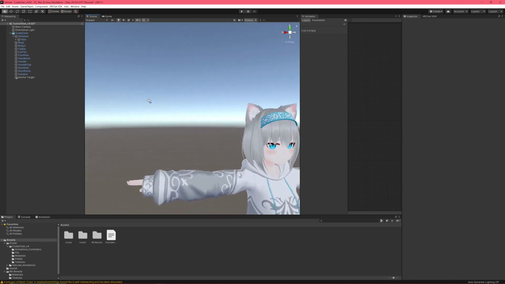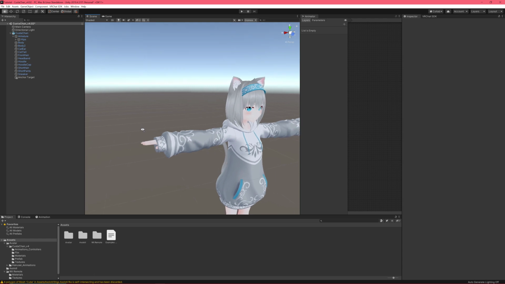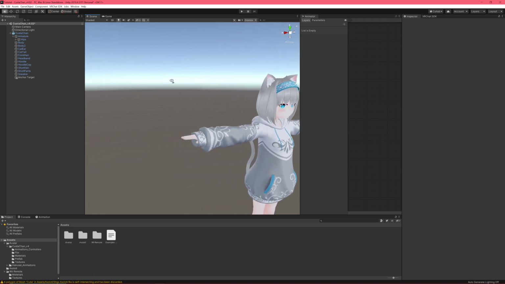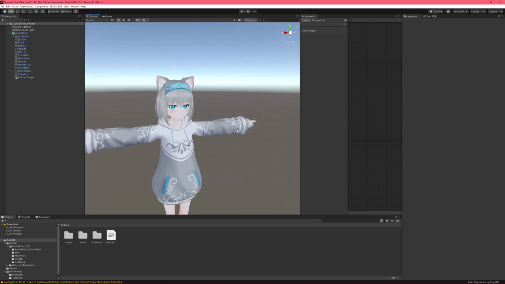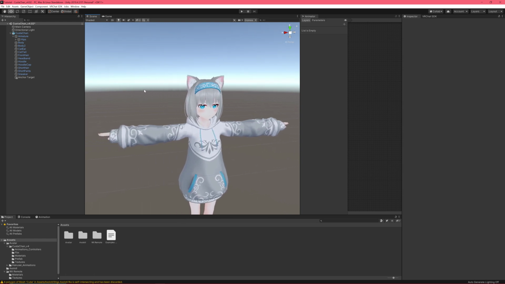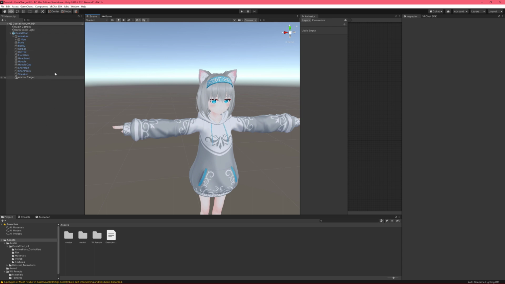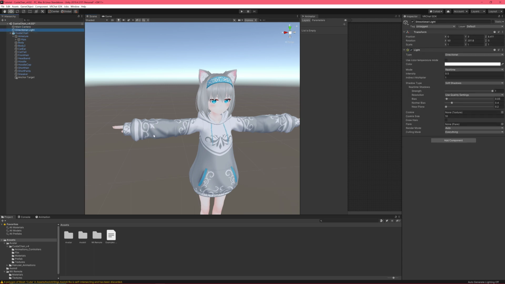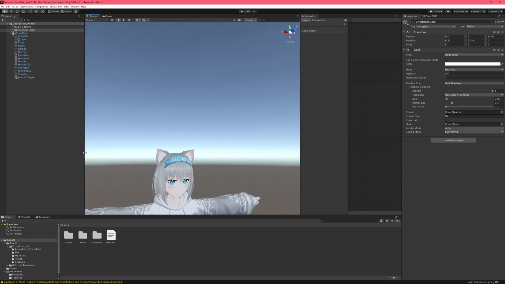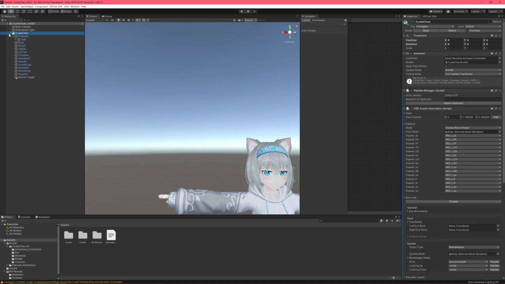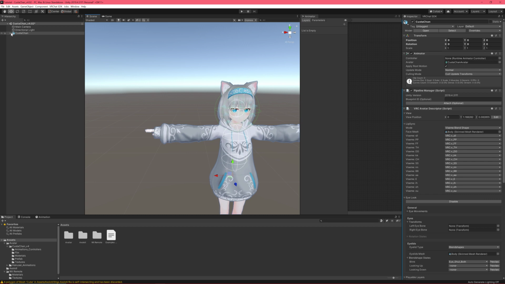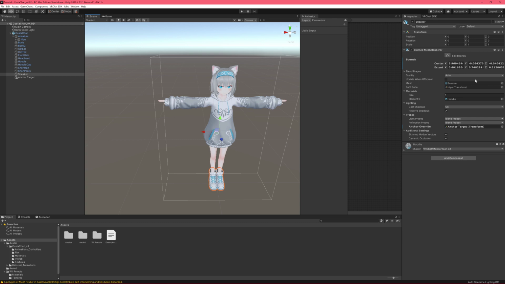So yeah, why don't we start? I guess I'll show, at least for people who are new to making VRChat avatars, a few places to keep in mind. You've got your hierarchy in the top left. This is where you're going to see everything like your camera, maybe if you have a light in the area, and your avatar. Your avatar is split up into materials in the very bottom. This is where your